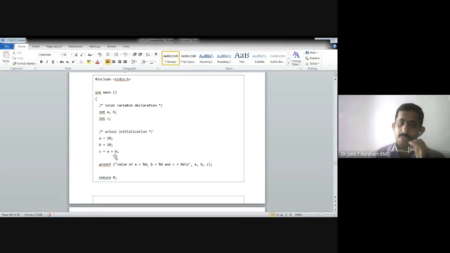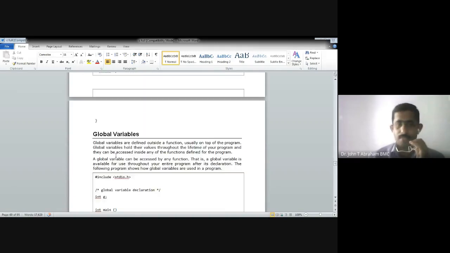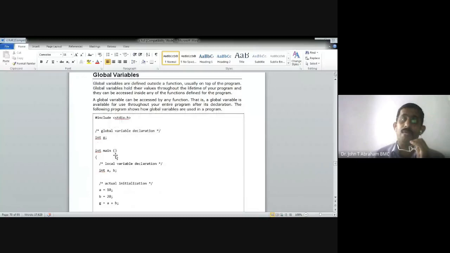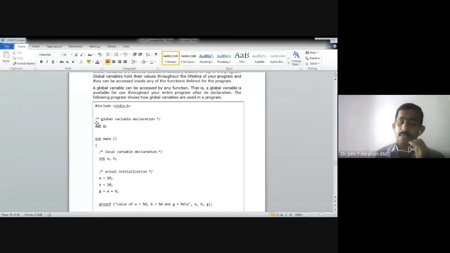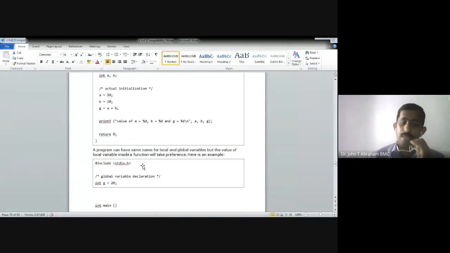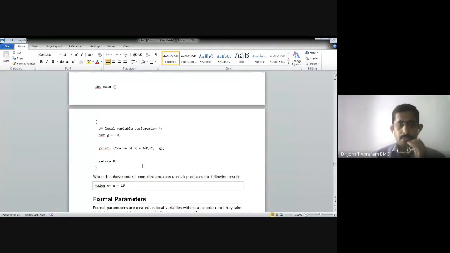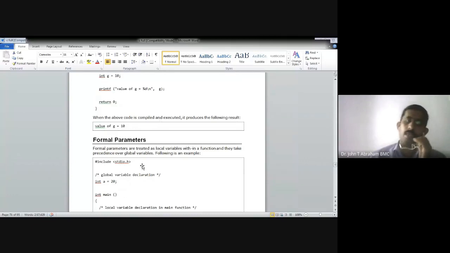The scope of these variables will be available only inside that function. That is called a local variable. A global variable means it is globally available everywhere. That means before starting main itself, we write int g, like that. So it is globally available to the whole program. Everywhere it is available. That is called a global variable.